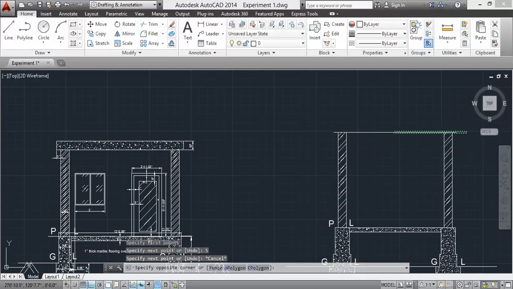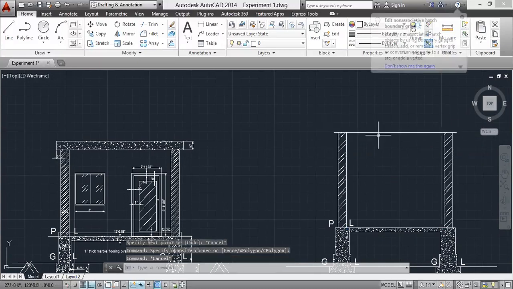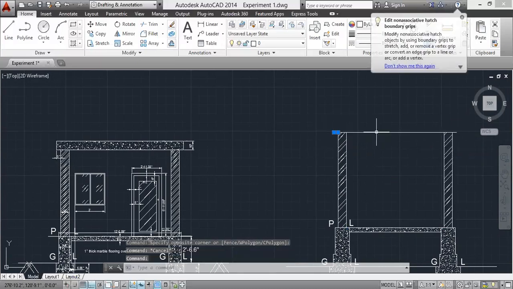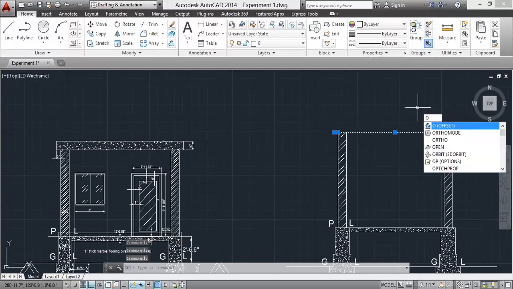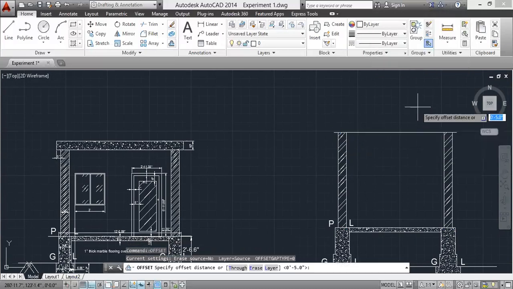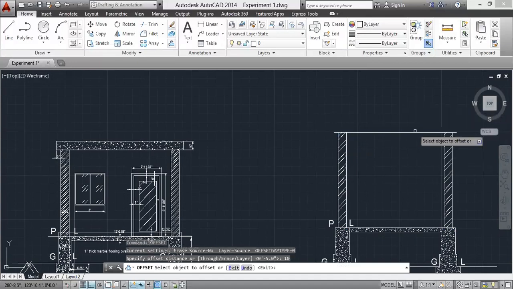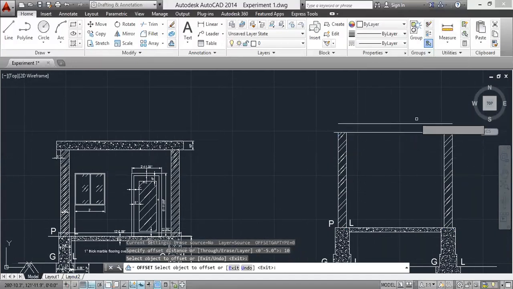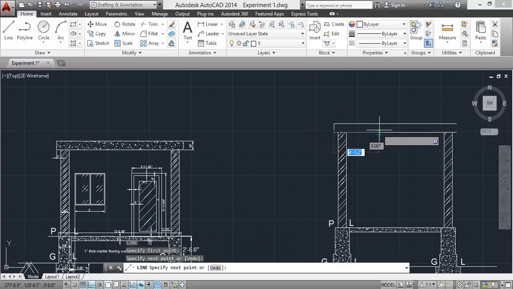Now we'll be selecting this top line, offset 10 inch. Okay. Click on here, click on here, click on here and join these two lines. L enter. Escape.